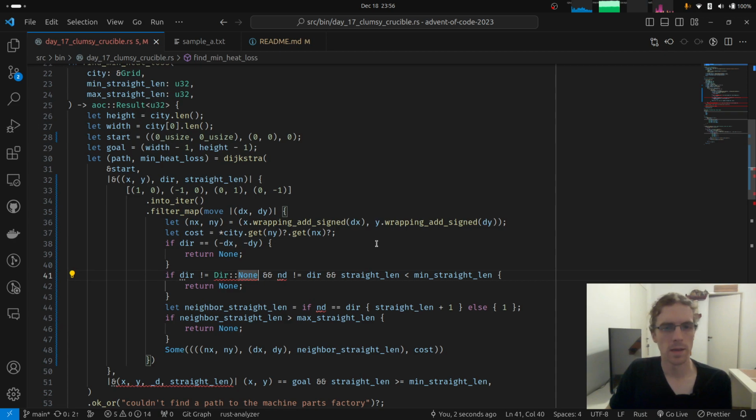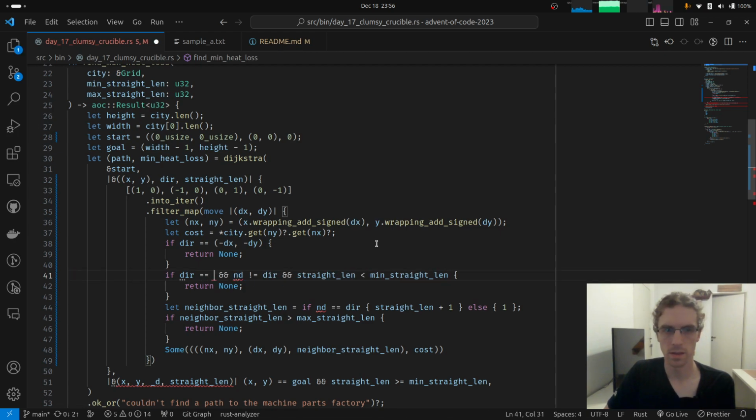And this thing about asking if it's none, we could ask if direction is 0, 0, basically, which is the starting direction. Or even if xy is the starting position. Actually, we were asking if it's not.